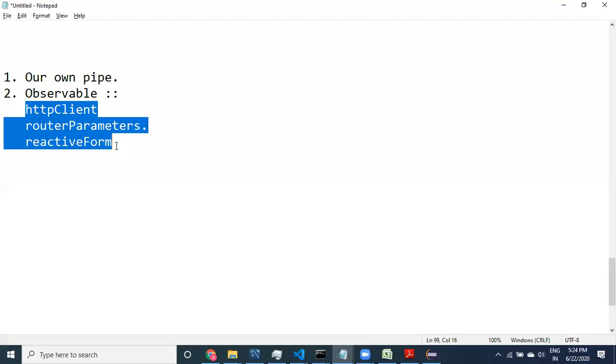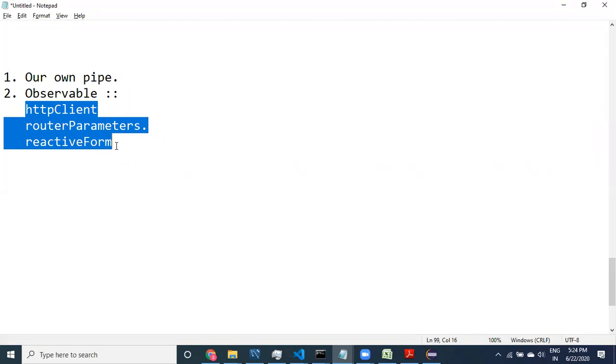There are three different categories of operators: for creating observables, then transformations, filtering, and merging. We are going to learn all of those, and then I'm going to give you the reference as well, so that you can check it whenever you want and work with them.